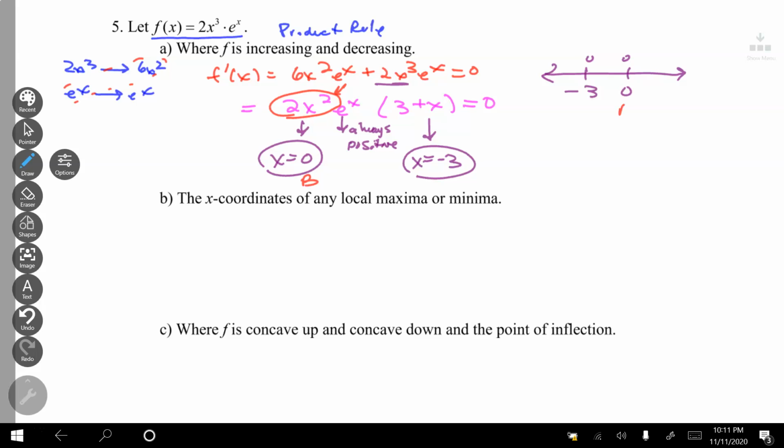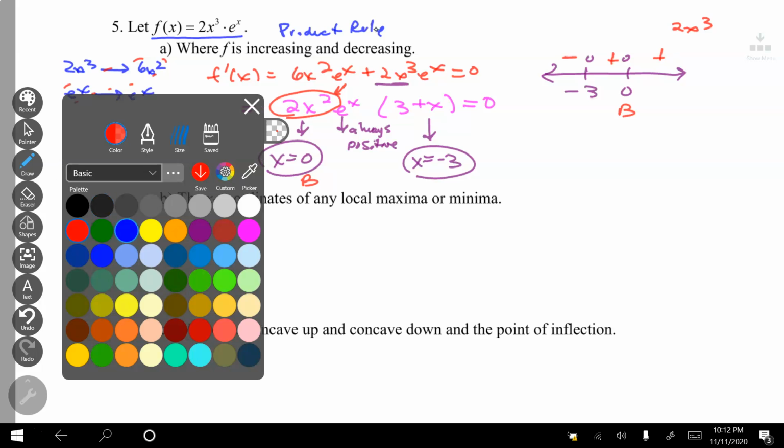This is a bouncer. 0 is a bouncer. My leading term is 2x to the third. That means this side is positive. Bounce positive, goes negative. This is how I double check. A bouncer makes it positive on both sides. X to the third means that ends have to be opposite. So if I want to do this correctly,